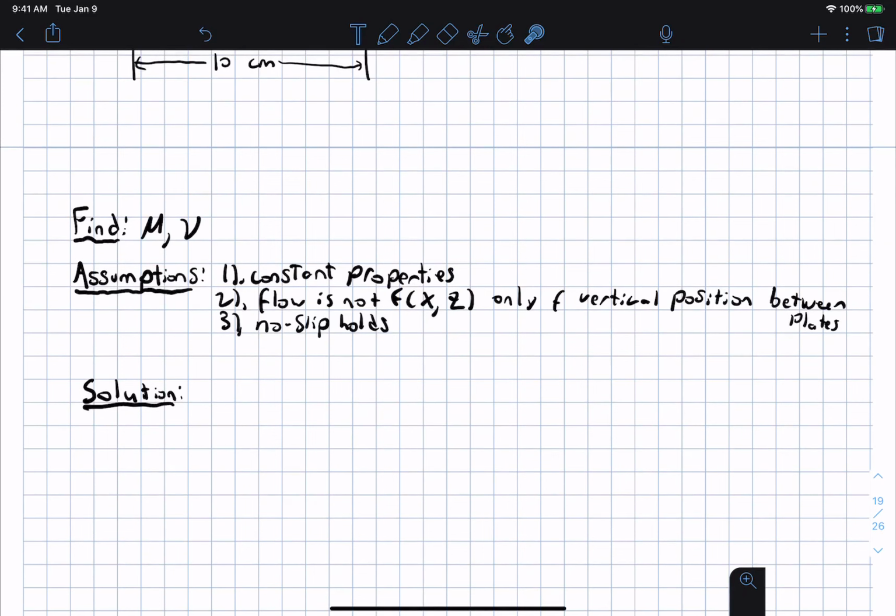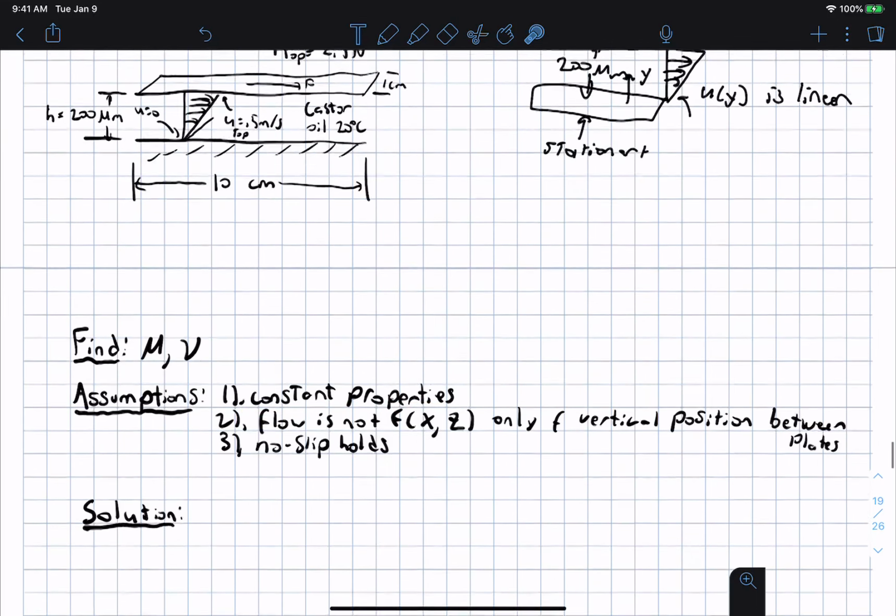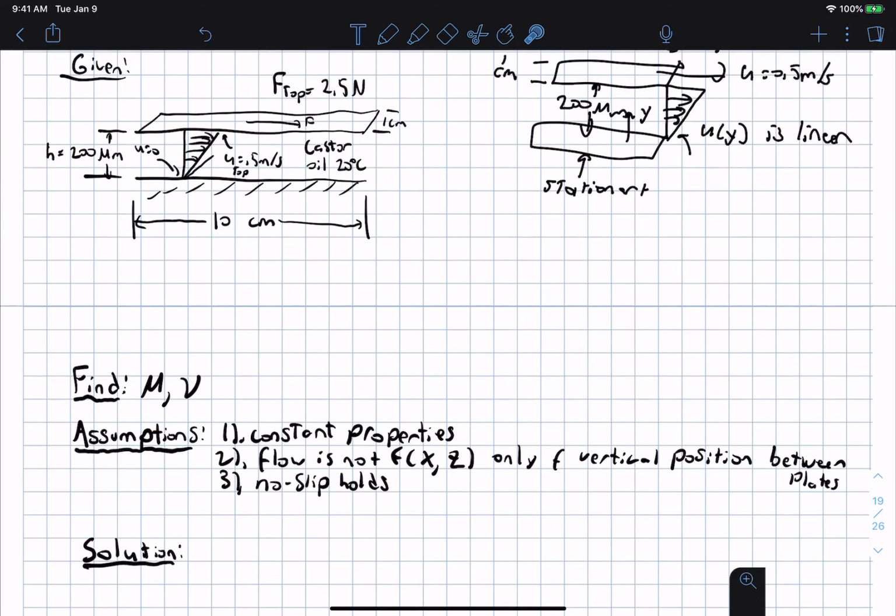And so for this type of problem, we need to write assumptions, and in your homework I expect you to write all of the assumptions that you're going to use. So you're assuming constant properties. What that means is that, maybe the temperature is higher on the top plate than on the bottom plate, which means the viscosity will be higher here than down here. Well, we're going to assume that the viscosity is not a function of position, that it is constant in the fluid, which you could think of as oil,